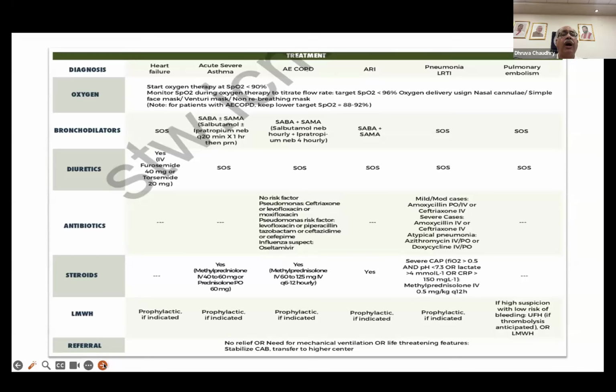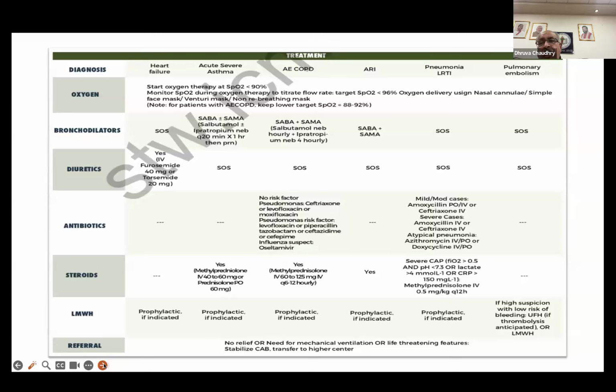Corticoids are not usually required. It is a drug of choice to reduce inflammation, besides LAMA-SABA in patients, SABA-SAMA in patients of acute asthma. And this is a class 1 indication also for acute exacerbations of obstructive pulmonary disease. In fact, said the ARI, though we have written, yes, we need to look at what is causing it. And only then, when you're finding there's a significant evidence of inflammation not responding, you may use corticoids.